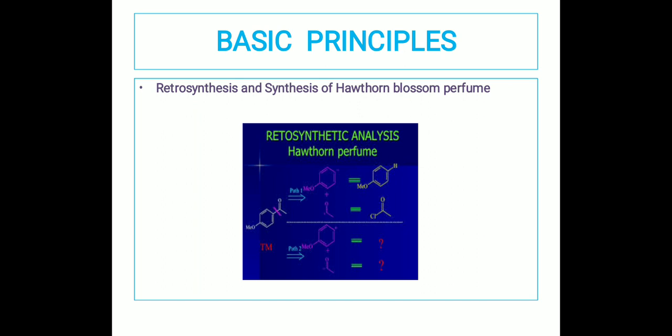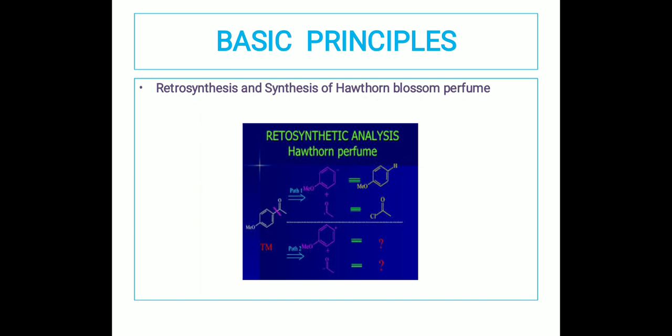So in electrophilic aromatic substitution, we know that the benzene is electron rich and we have an electrophile, either an alkyl halide or an acyl halide, reacting with a catalyst like AlCl3, which further forms an electrophile, and that attacks the benzene ring. So that is the reason why we are choosing path 1 and not path 2.